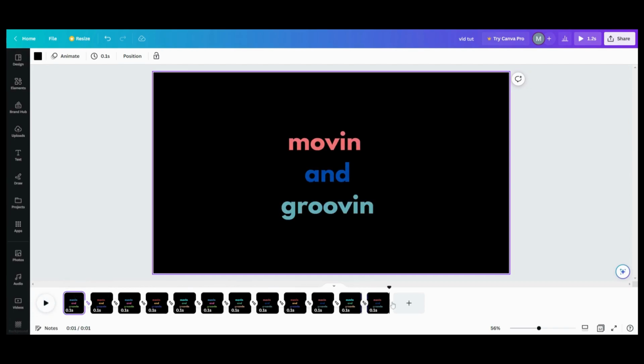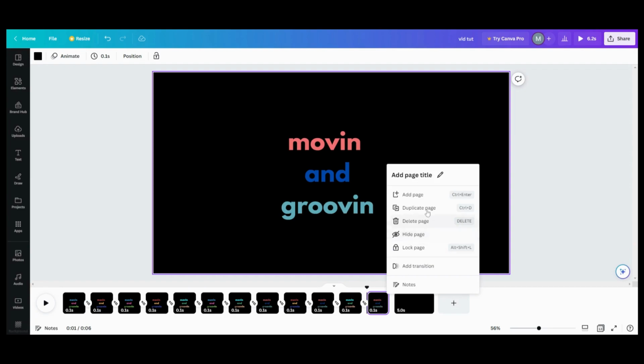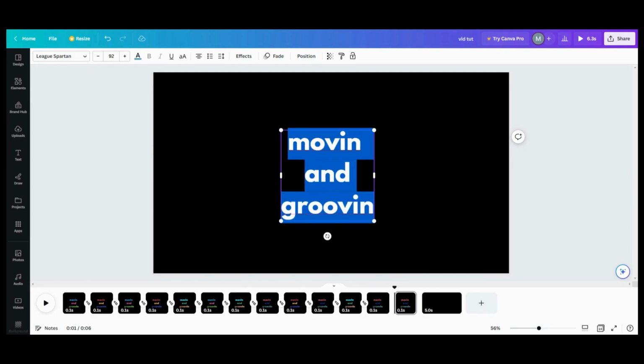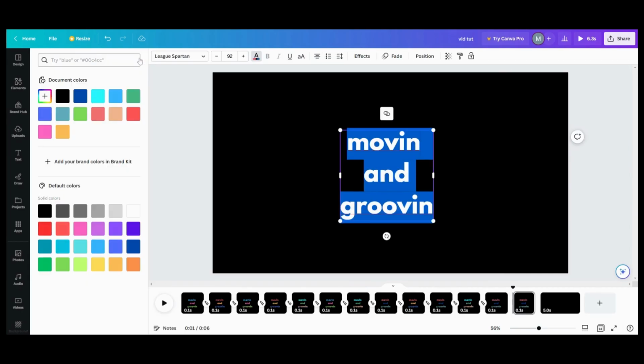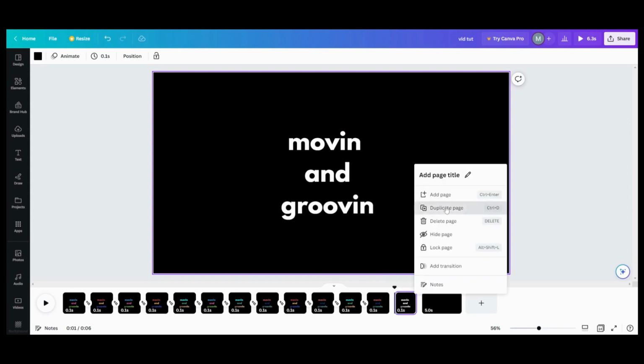So the other thing that I did was, let's duplicate this one. And what we're going to do here is take the text. You can still do it with the colors, it really doesn't matter. Make it white. So to do this one, where the letters are blinking in and out, what you want to do is make a bunch of these